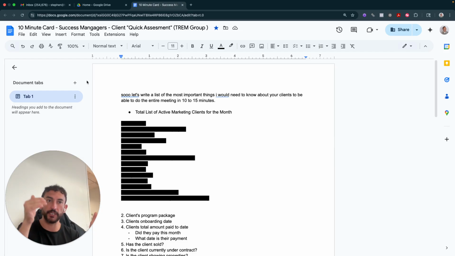by checkpoint by checkpoint. The goal for these 10-minute cards is not just to explain to me or Giancarlo or Carlos what is going on with the clients, but also for you as the success manager to understand how to fix your client, and for the marketing manager to also understand what needs to be fixed. So the goal of these meetings is that marketing managers no longer need to be in the calls with the clients. Only success managers are with active clients and sales managers are with new potential clients.